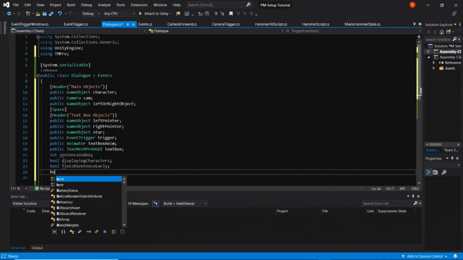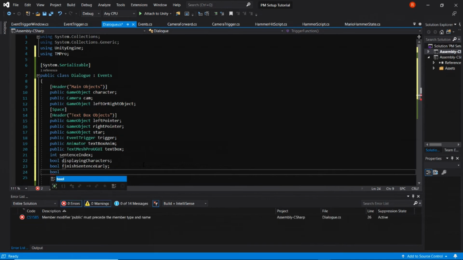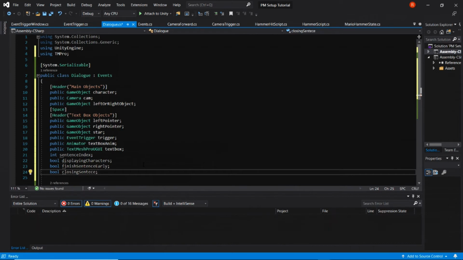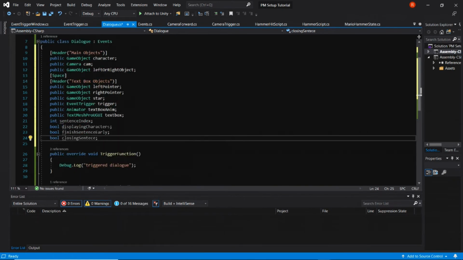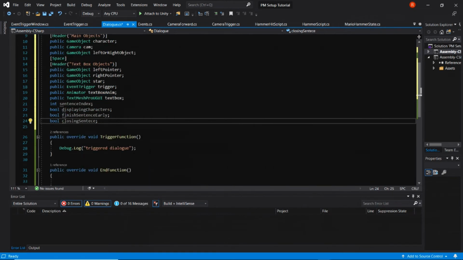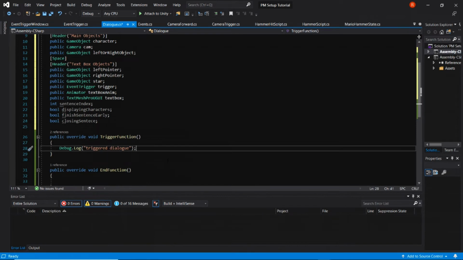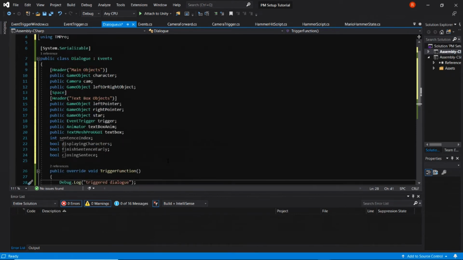And then we're going to have a bool called closing sentence. So once all the sentences are finished, the text box will close, and we'll set this bool to true to let some of the code know that it's currently closing, and so we shouldn't do certain things. So before we do anything else, let's quickly save this and go back into Unity and set up some of